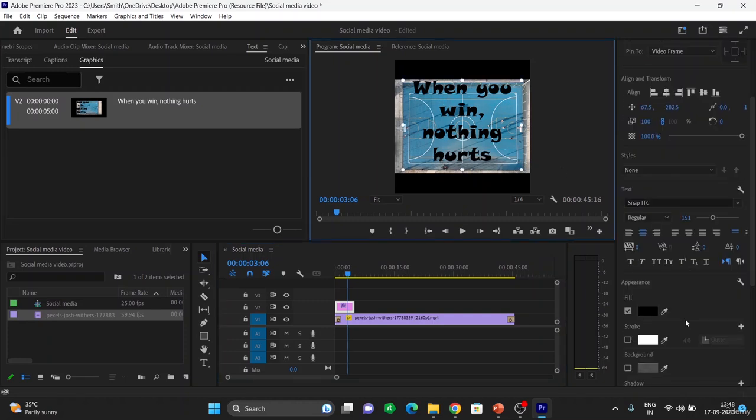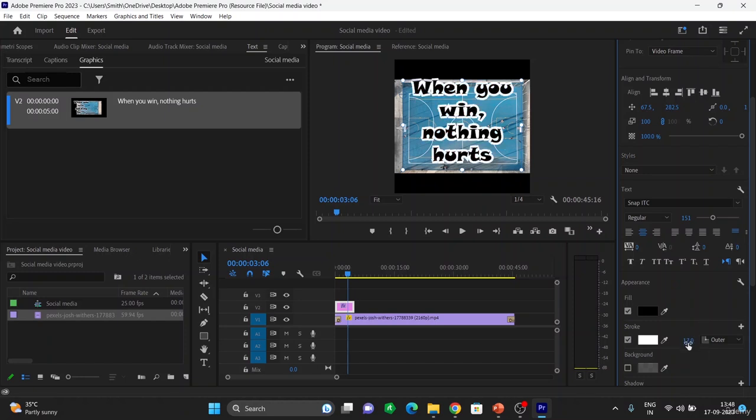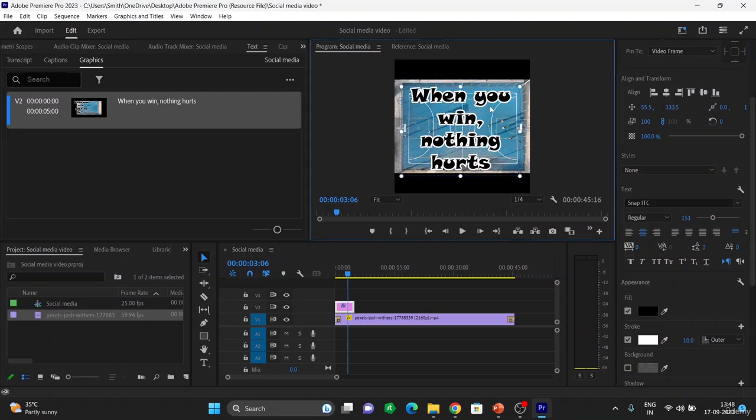Select this. And I want to add a stroke as well. So for that, I will be adding a white stroke. And I can also choose the strength of my strokes. So maybe I will take something around 15 or 10 is also fine. Okay. So I hope you guys are able to make out